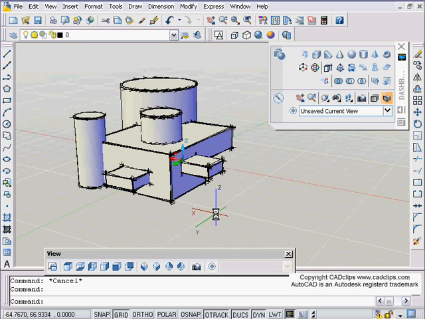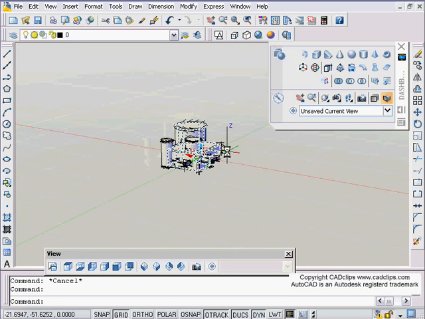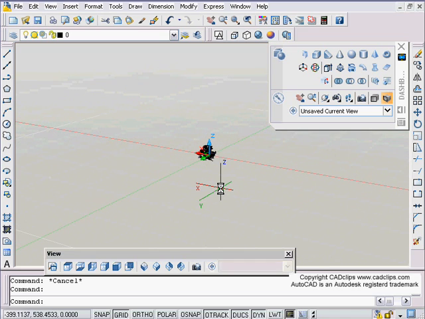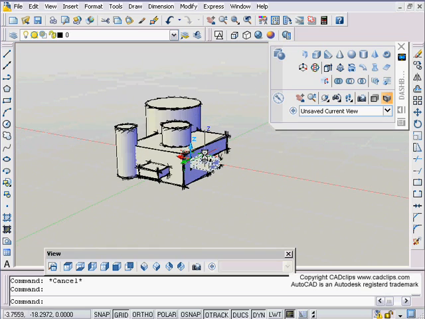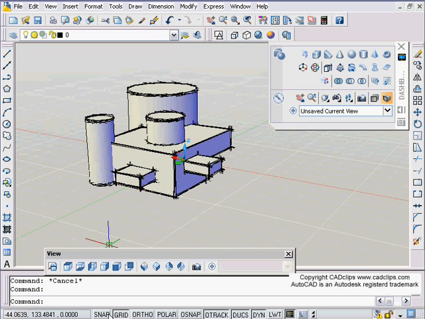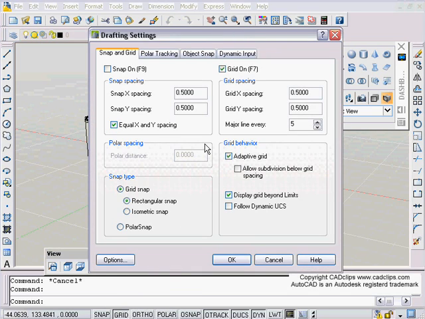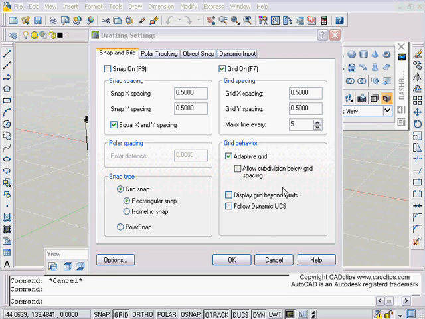So a couple things I want to point out is that if we go down controlling that grid, you'll notice it's kind of a virtual grid. You keep zooming out and it keeps showing it, and then it also respaces itself as it goes along. If you go down here to our good old snap and grid and you right click and go into settings, you'll see that we now have display grid beyond the limits,